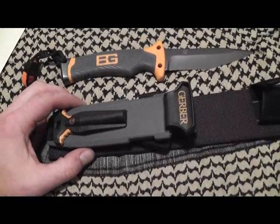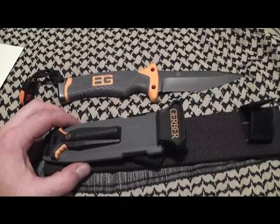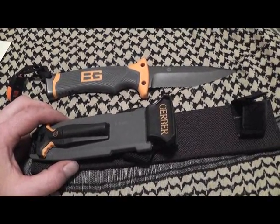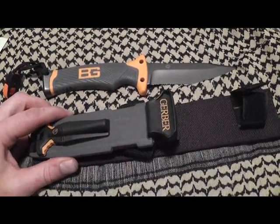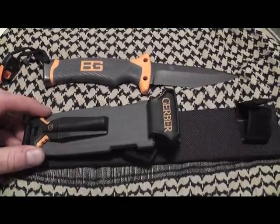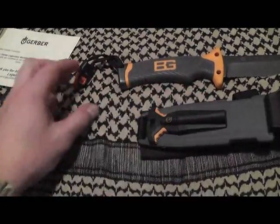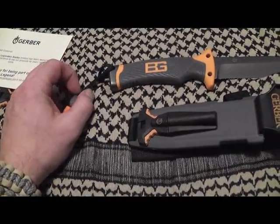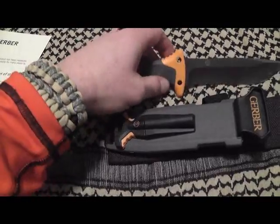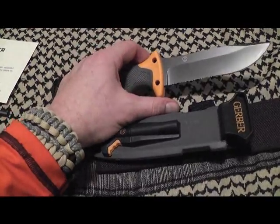So, a little over a year ago, when this Bear Grylls Ultimate Fixed Blade knife came out, I got one as a gift, and I was glad I got one. I thought the capabilities of the knife was pretty cool. You know, all that it comes with, the sheath, the fire steel, the sharpener, the emergency whistle on the lanyard, the pommel like a hammer, the lanyard holes to attach it to make a spear,